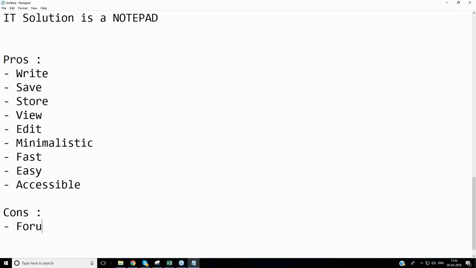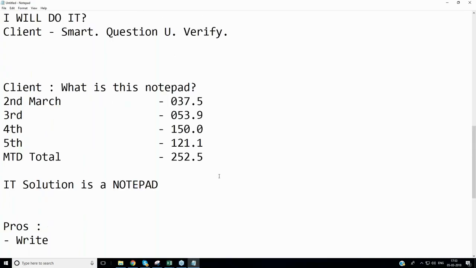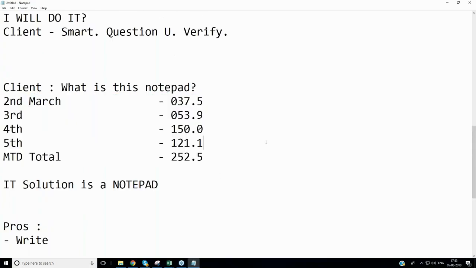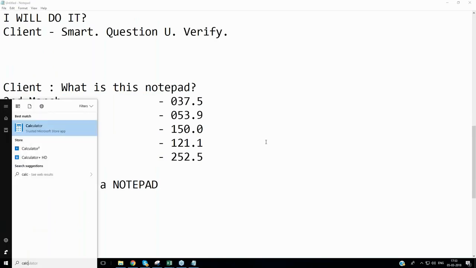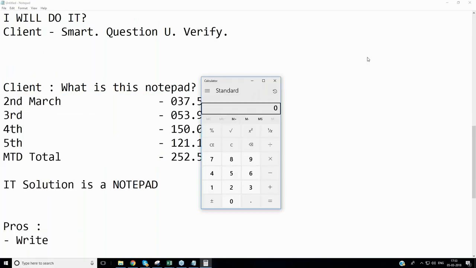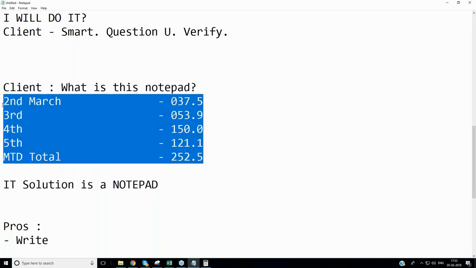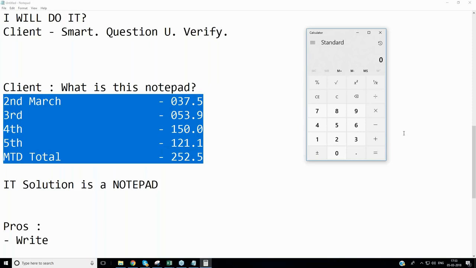One, mathematics is a problem for me. I don't know anything else. How do I solve this challenge where everything is okay? I'm not confident that this totaling is fine. What will I do? In your system, you can open up something called a calculator. Go and add this. Will this solve your client's current, today's problem? Today's problem solved. Will it solve your client's tomorrow's problem? No, again you need a calculator.